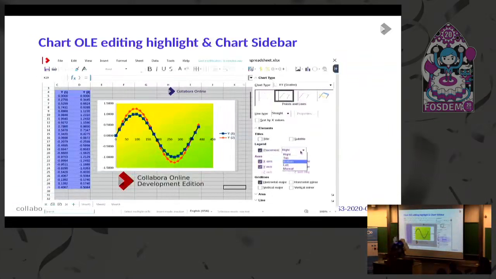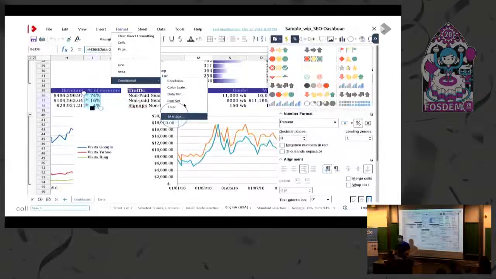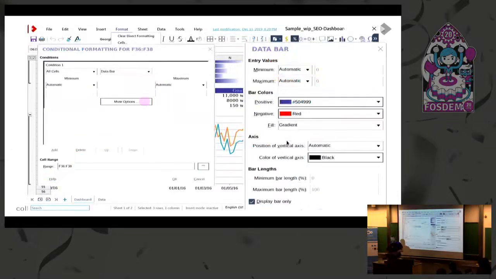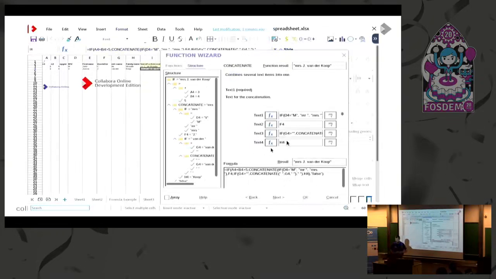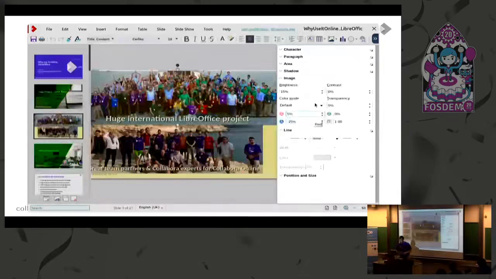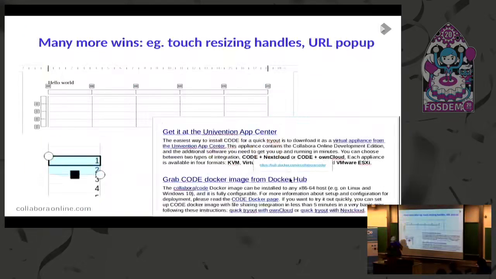What else? A nice new chart editing sidebar, so you can click on your charts and get different types of charts. Conditional format. So often people have these drop downs and they claim conditional formatting is done. You know, pick one and be happy. But of course, conditional formatting is insanely complicated. Wouldn't it be nice if you could fix it so it looked like you want it? Function wizards, so you can remember what the 17th parameter to that really bad method does. And so on. Color correction of images, nice UI handles for sizing tables and selecting them, improved spreadsheet stuff for